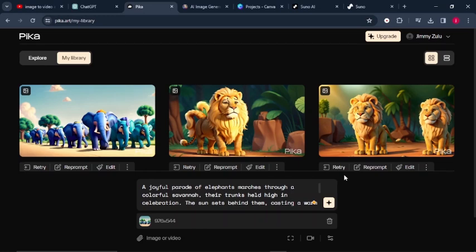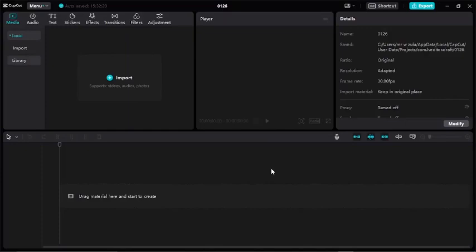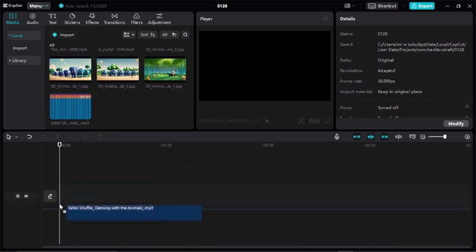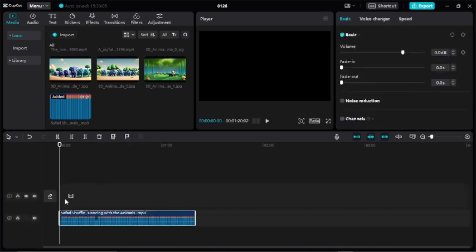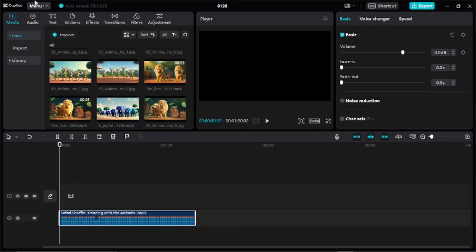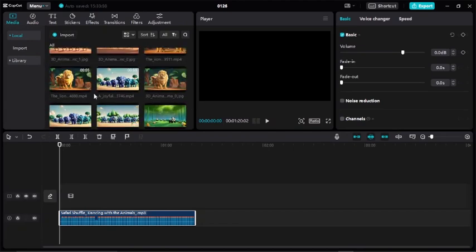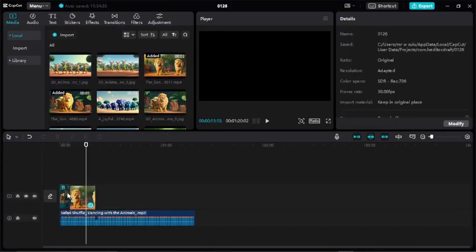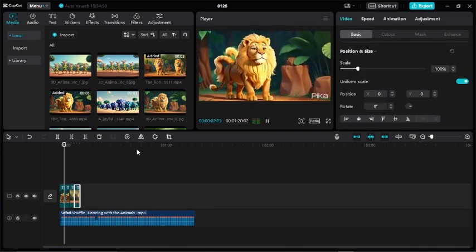So we're going to use CapCut in order to put these two together, the audio that we had generated and the videos that we've generated. Once we open CapCut, what we simply have to do is to import our media here. And from there, what we need to do is to drag our song here on the timeline. And what we simply have to do from there is to begin dragging our videos over the song that we've generated. So please take your time and add in everything that is necessary, like the transitions, the effects that are needed, so that you come up with that outstanding video for your YouTube channel.